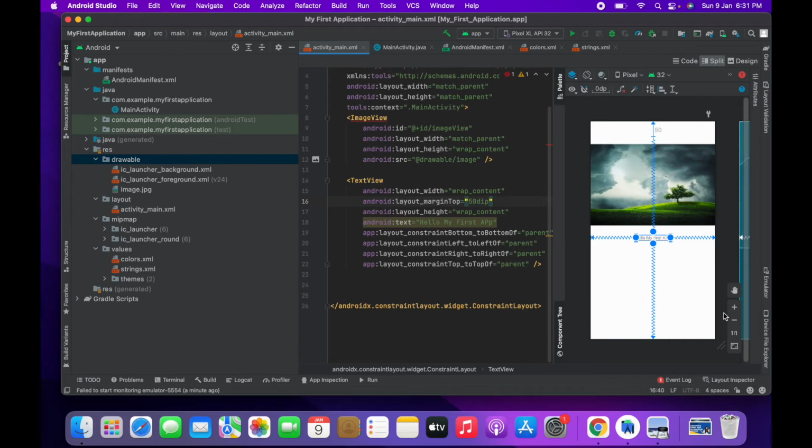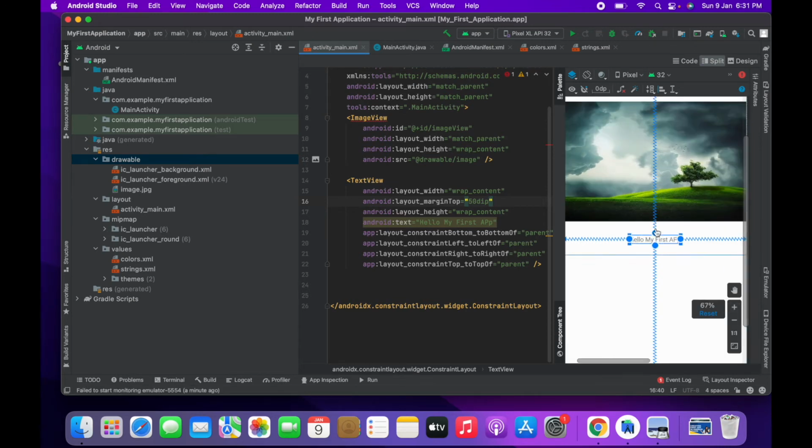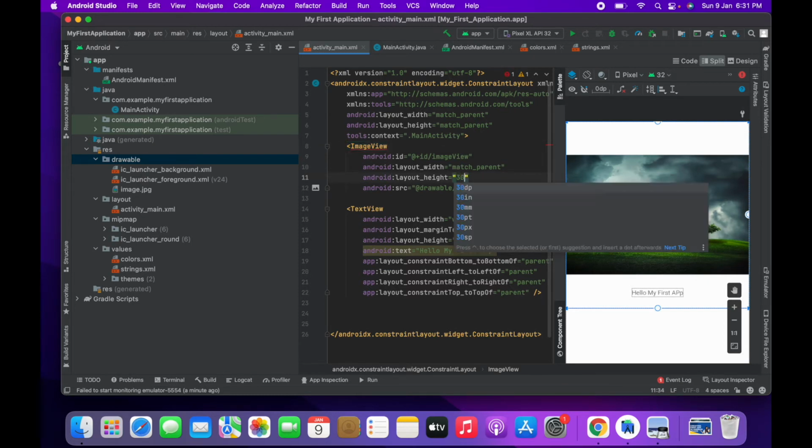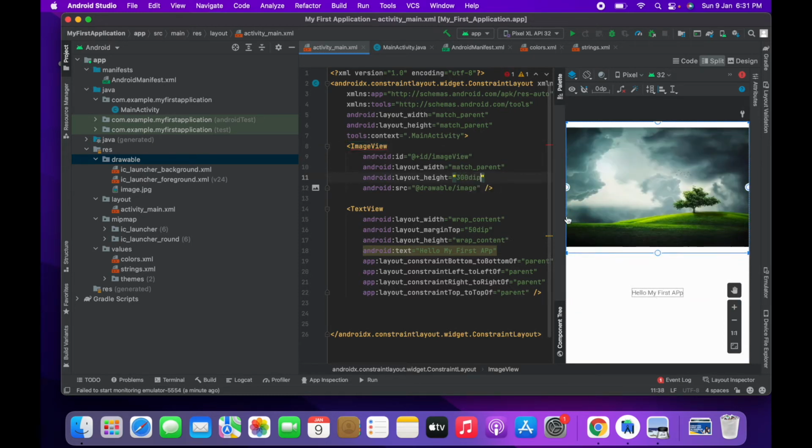If we zoom in a bit, we'll see there is a gap now. We can also give some height to this, let's say 300 dip, which is good for now. Now we can run this application, and for that we need to go to